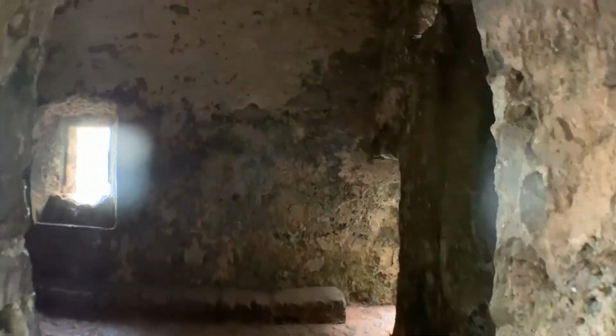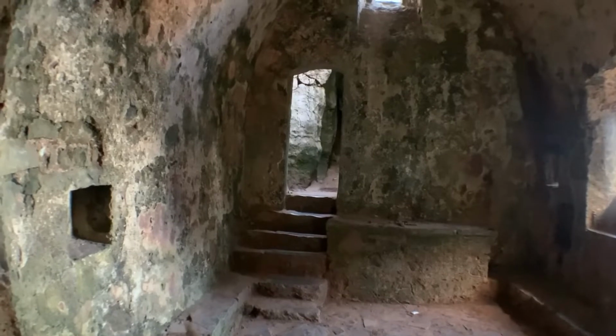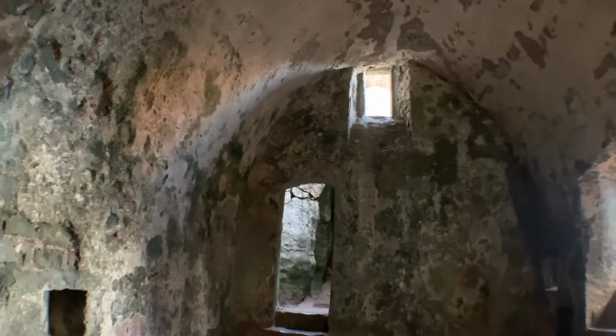So we're at the entrance to the chapel. As you see, hopefully it's not too dark. And there we are. If I pan round, there we are. You can see this is, I think, the later part. And then if I pan upwards there, you can see a window just up in the gable there. So this is the bigger part of the two, and if I